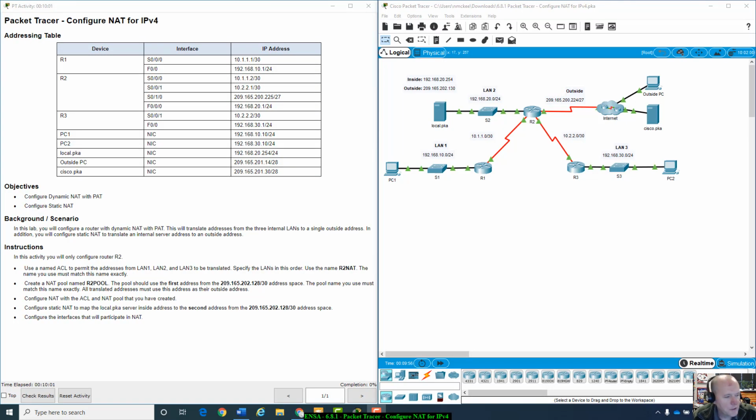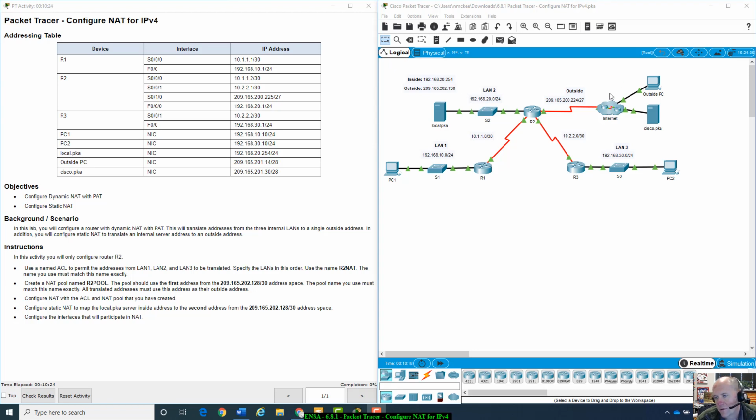McKee with Net 226. Today I want to go over Packet Tracer 6.8.1, which looks really easy and short, but you just have to be careful doing it because they have a little bit different setup here that took a little bit of time to understand. All right, looking at my topology,